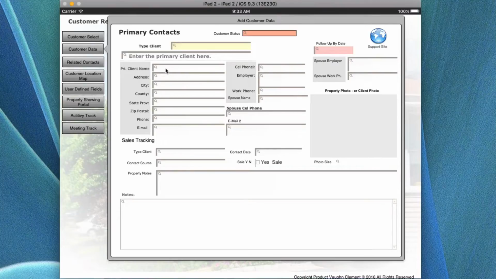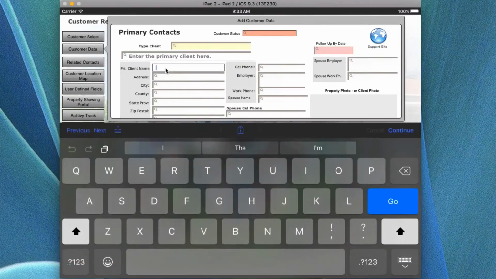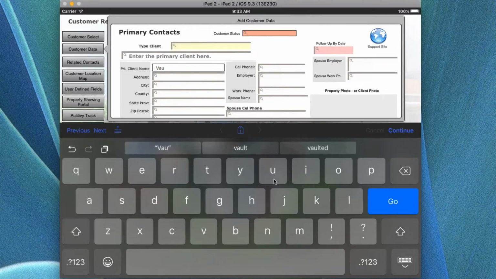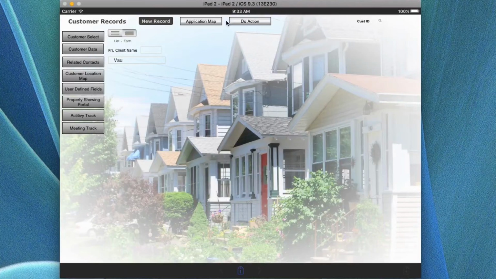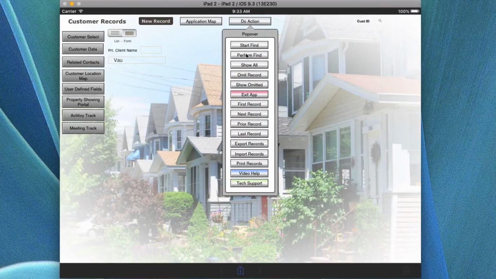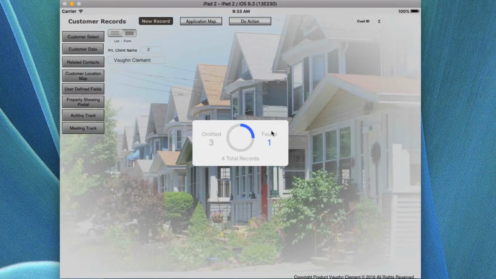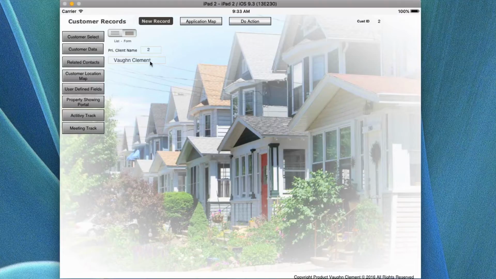Say, for example, I wanted to put the client's name in there. So I'm going to find Vaughn, V-A-U. And just so that I don't have to go through the whole list, I'm going to remove the keyboard. I'm going to close the screen here, and I'm going to say do find, perform the find, and what it did is it found one record of a set of 3. It put my record name and number in there,